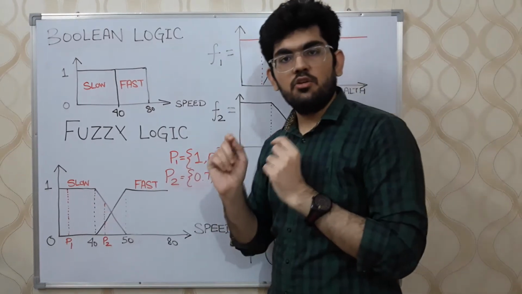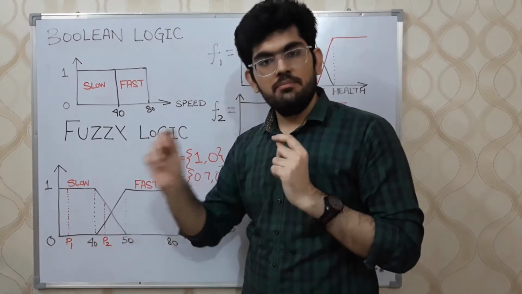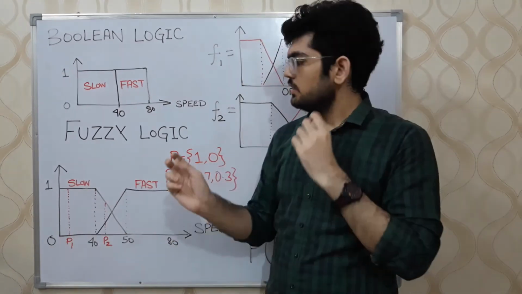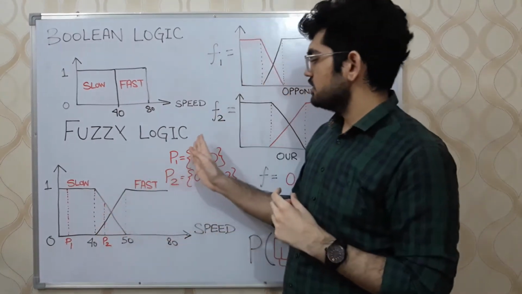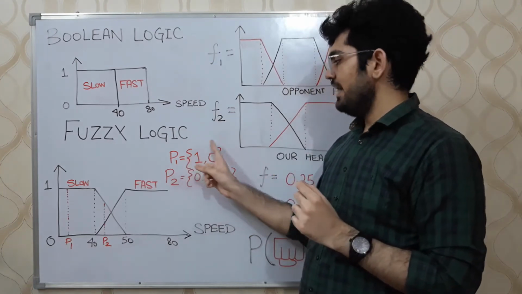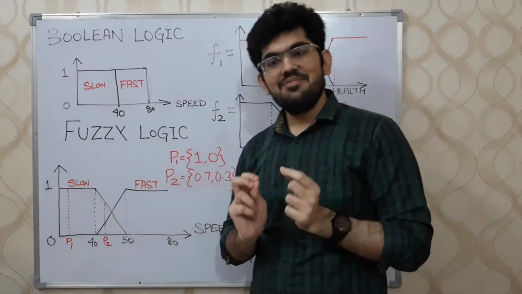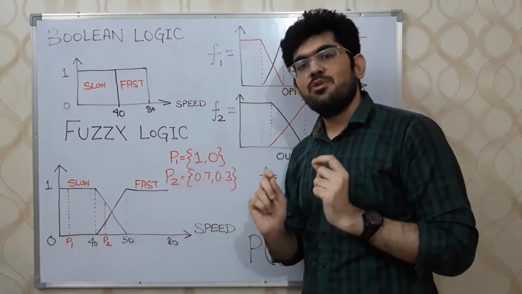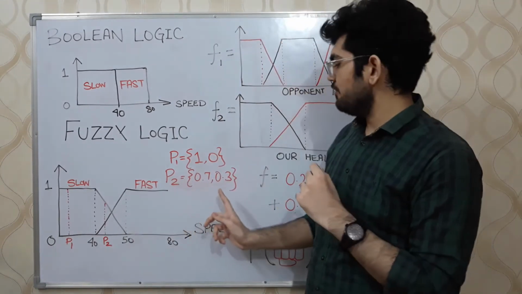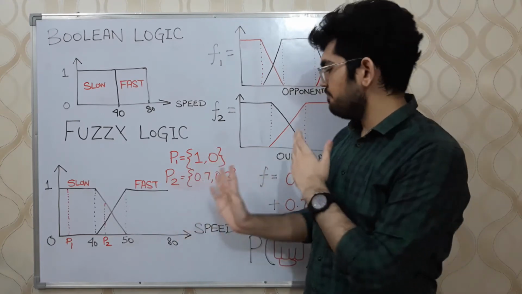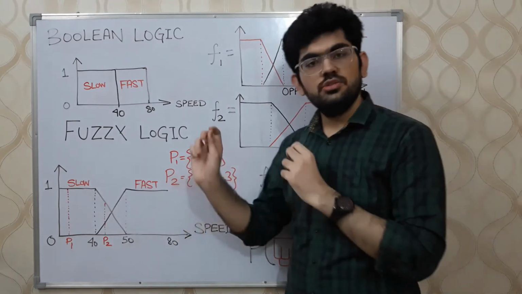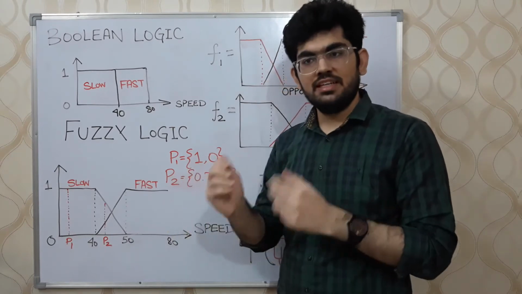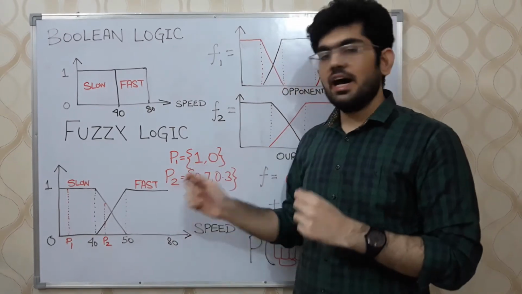To give an example of that, consider this point P1 where the speed is something less than 40, we can say 10. Then the membership of the car in the slow and fast set is 1 and 0 respectively. At some point P2, we can say approximately 45, the membership of the car in the slow set and the fast set is 0.7 and 0.3 respectively. Now using this framework, we are able to incorporate some flexibility, or we can say uncertainty, into our measurements over here.